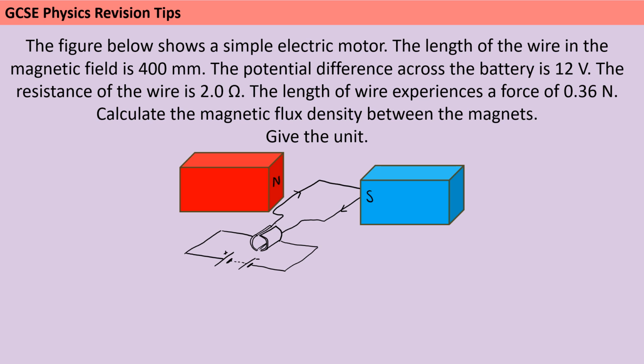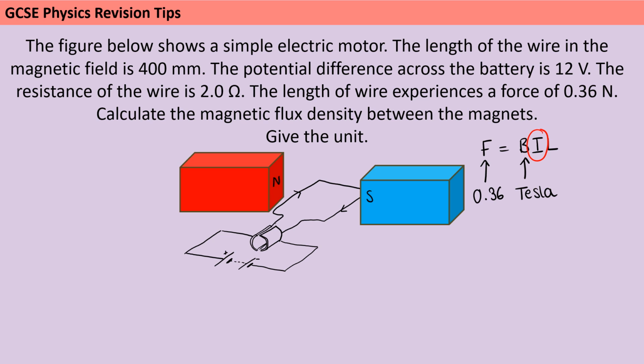Our ultimate aim in answering this question is to calculate the magnetic flux density, so we know right from the start that the equation we're going to want is this motor effect equation. So we know that we're trying to figure out the magnetic flux density, which is measured in Teslas. So then in order to calculate that, we're going to need to work out what the other quantities in the equation are. So we know from the question that the force is 0.36 newtons, but the current we've got an